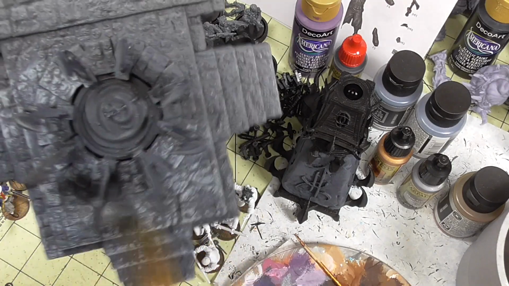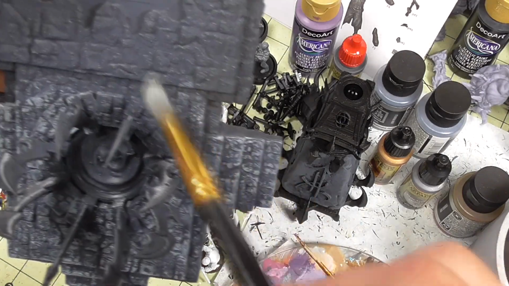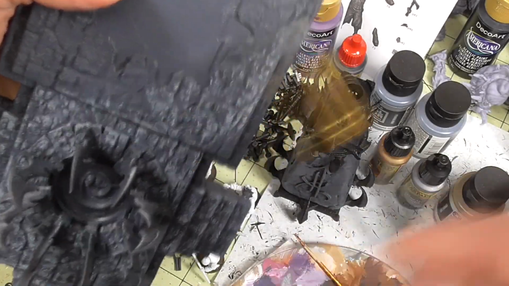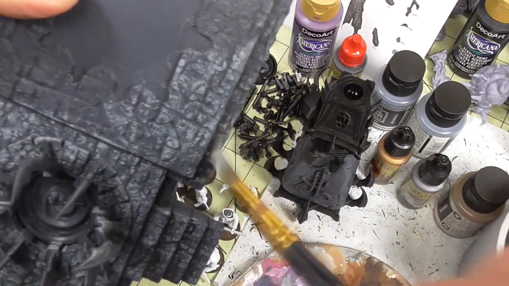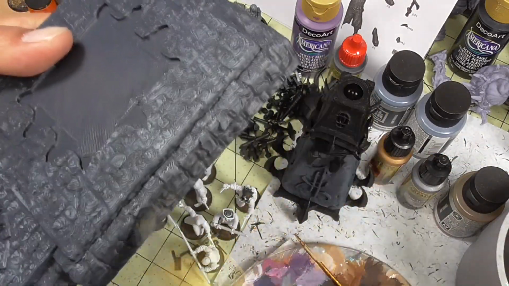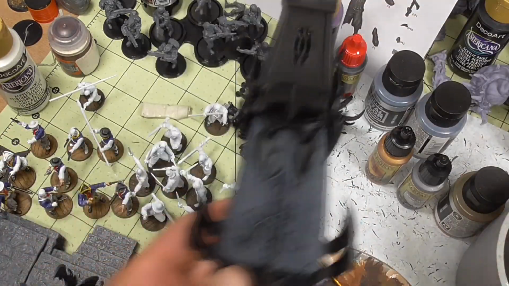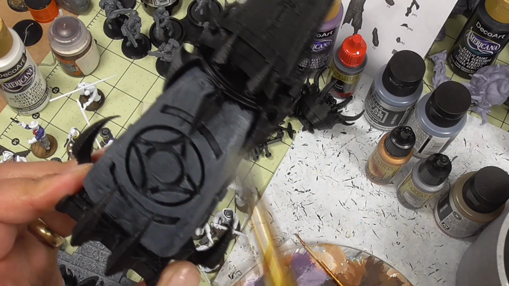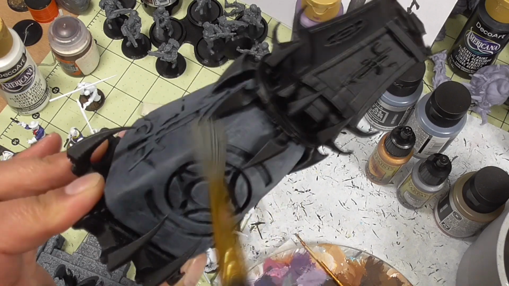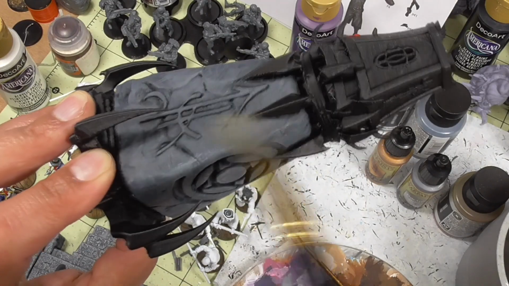And see how by dry brushing I'm not getting paint down into the crevices, because I want to maintain the dark gray as a shadow in the crevices of the stonework. And then you also want to go back to this one and do the same thing, and usually just color it like this. You don't have to cover as much as you did with the base,